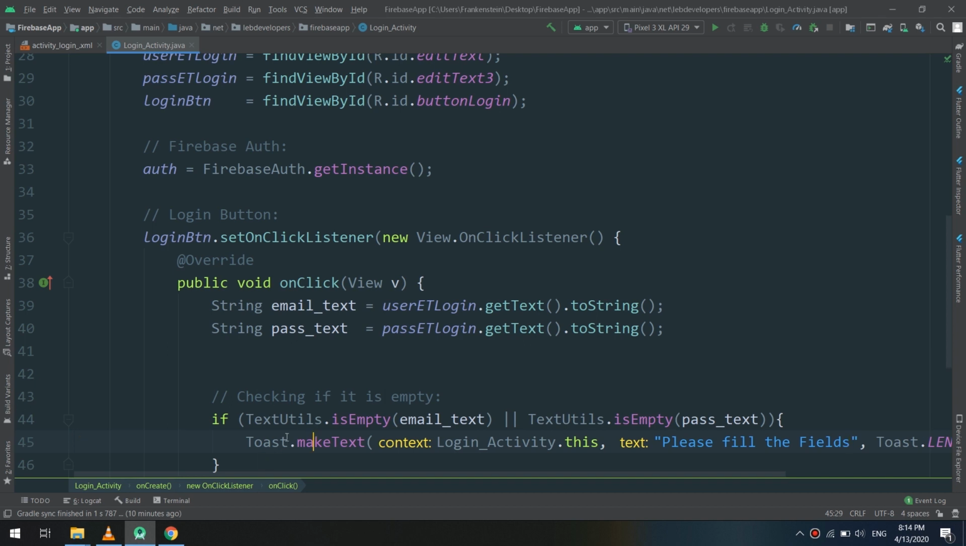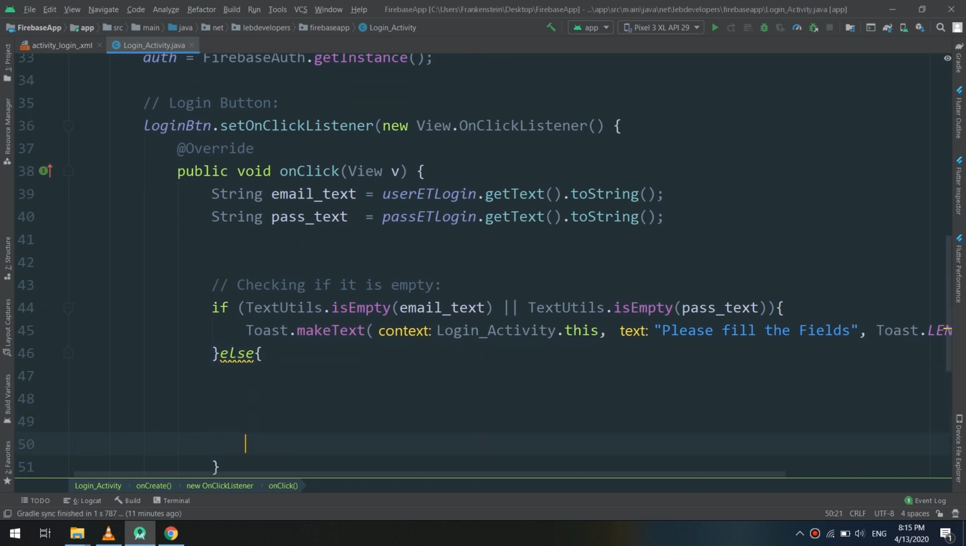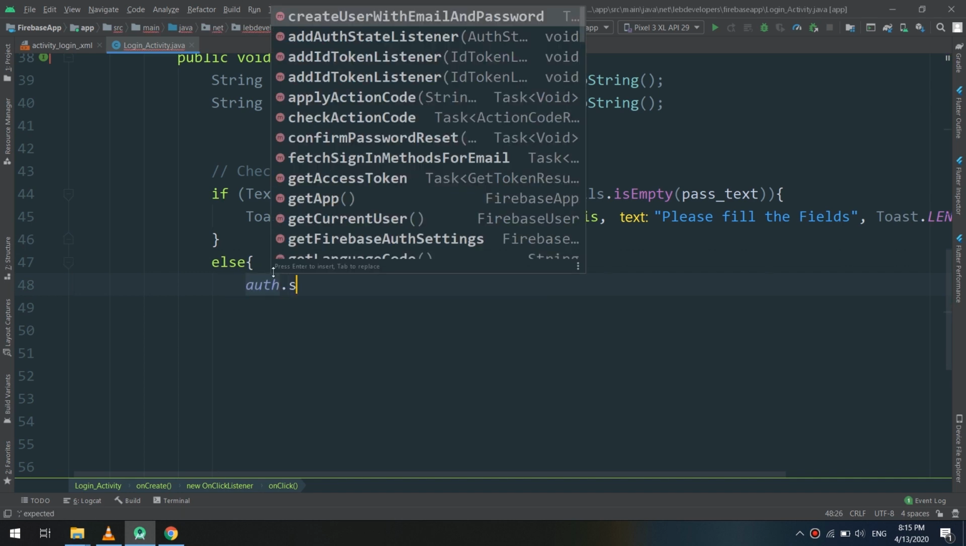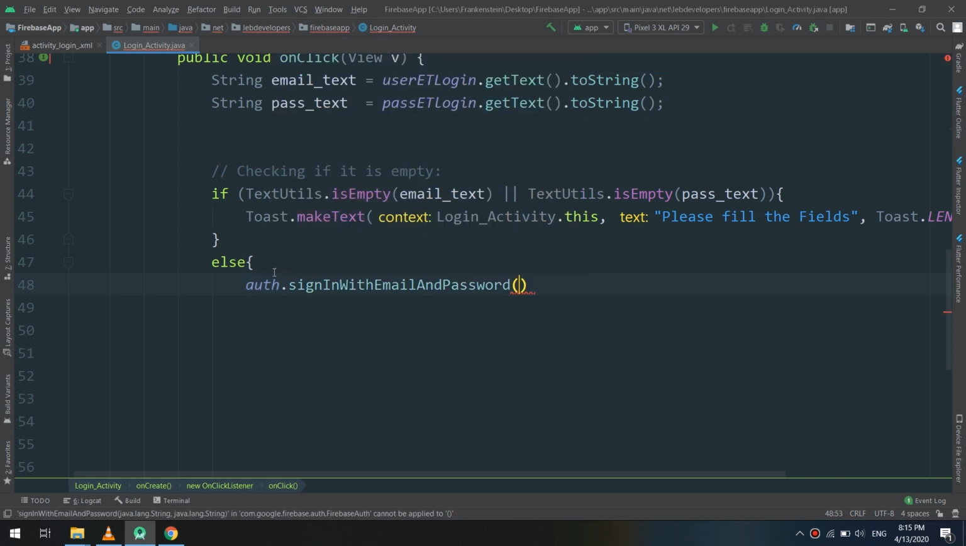Okay guys, if the user has entered the two fields, now here we are going to authenticate and check if the user is already registered. Let's log in and go to the main activity. If not, there is a message telling the user that you cannot log in. So